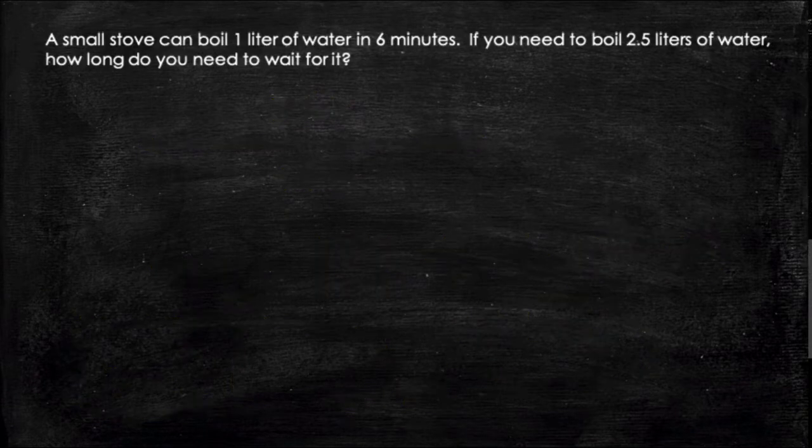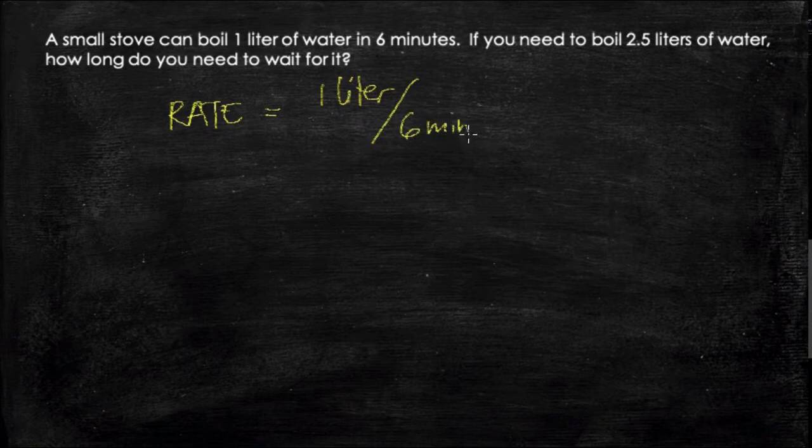Let's do another one. Merong isang stove. Kaya niya mag-boil ng 1 liter of water in 6 minutes. Kung kailangan kong mag-boil ng 2.5 liters of water, gaano ko katagal bago antayin kumulo yung aking 2.5 liters of water. So, yung kanyang rate is equal to 1 liter of water per 6 minutes. Yan yung kanyang gaano siya kabilis magpakulo, at maximum power na ng stove. Okay? Dumagdag ako ng number of liters to boil. Naging 2.5 liters. So, gaano ko katagal